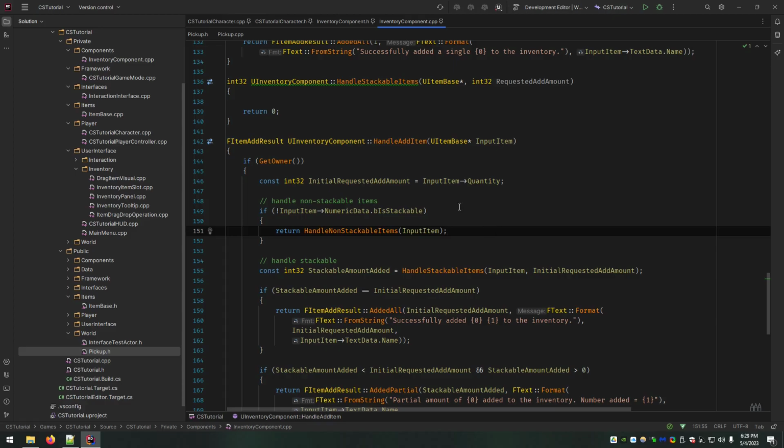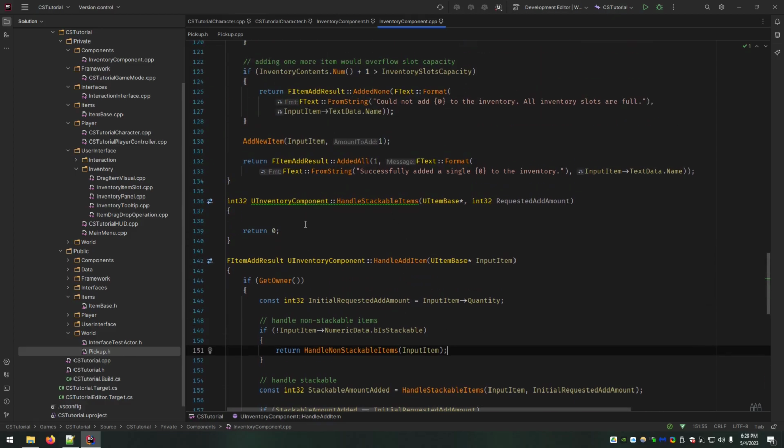All right. So this video is going to be completely dedicated to implementing handle stackable items. The reason I've saved it until now is that originally I did not have this functionality at all. And I thought to myself, this inventory is too basic.